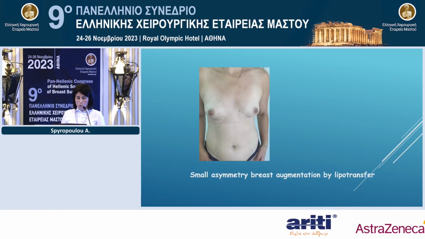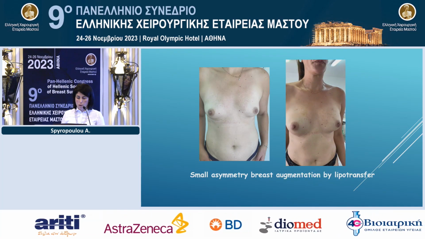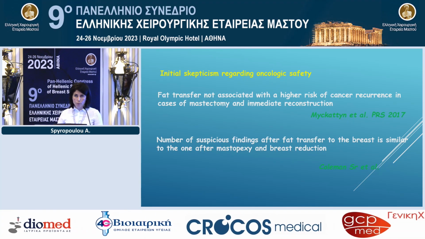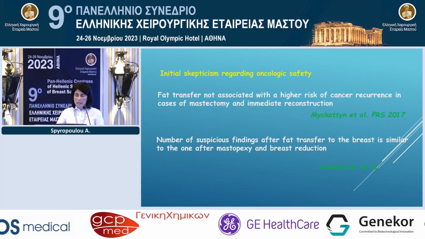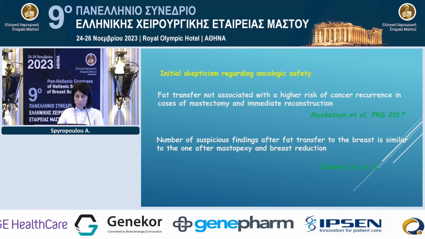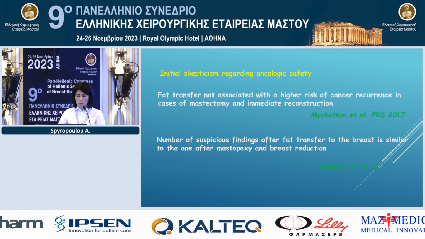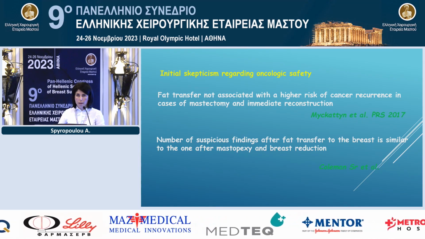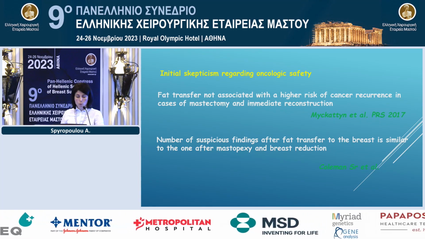If you have a small asymmetry, you can do a breast augmentation, and we did a breast augmentation and increase of 1 size. The final result is after 3 to 4 months, and we have to inform our patient about that. There was an initial skepticism about oncological safety. However, this has not been documented by studies. Actually, the fat transfer was not associated with a higher risk of cancer recurrence in cases of mastectomy and immediate reconstruction. And also, the number of suspicious findings after fat transfer to the breast was similar to the one after